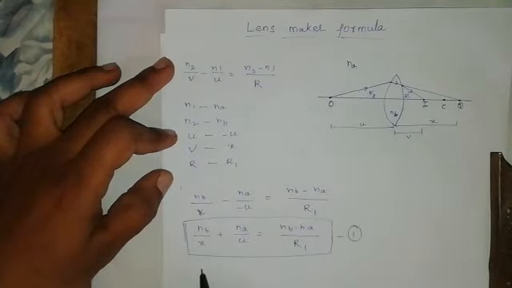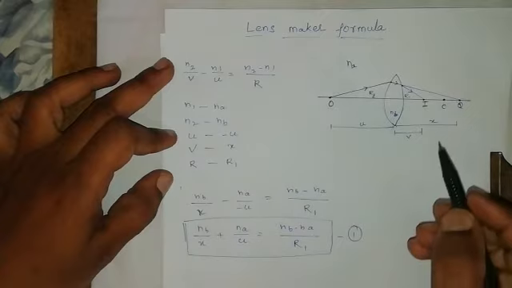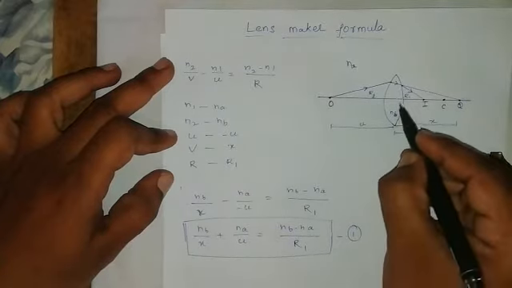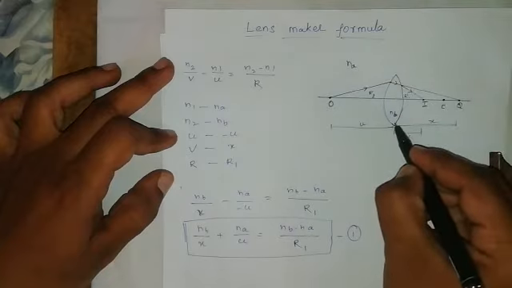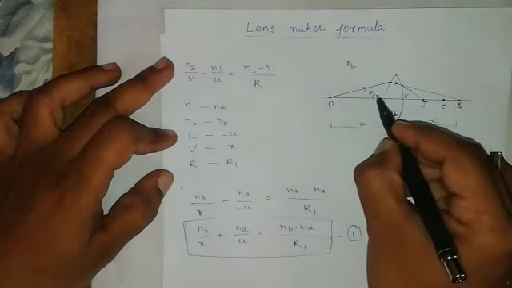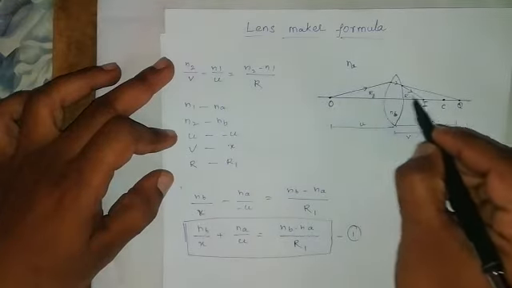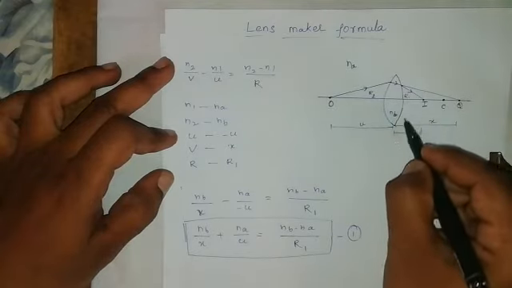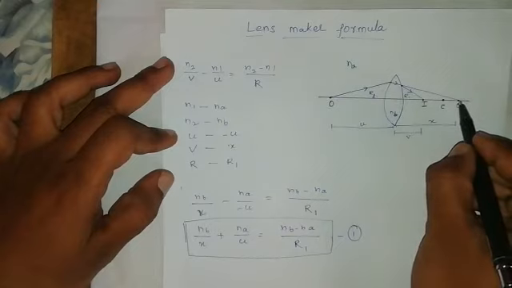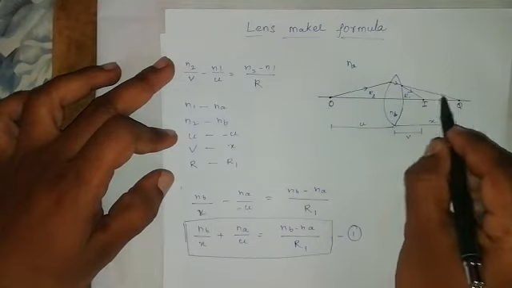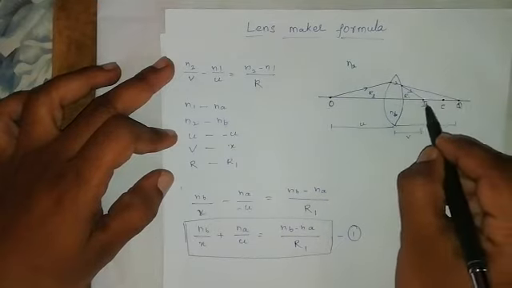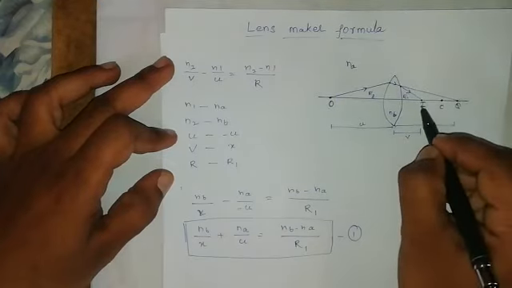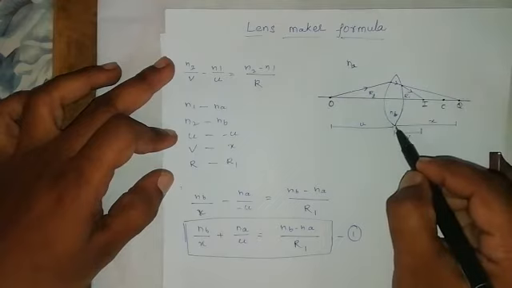Right, next let me go with the second curved surface. So here the second curved surface is this. For this curved surface we have radius of curvature r2. For the second curved surface this appears as an object, because instead of making it travel here, it is making it travel to I. So this appears as an object and this appears as an image for the second curved surface.